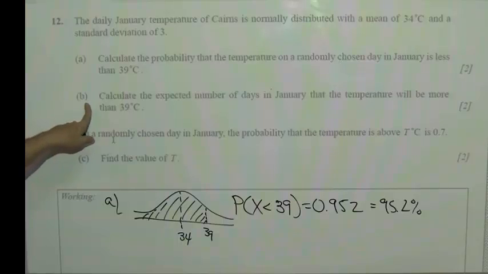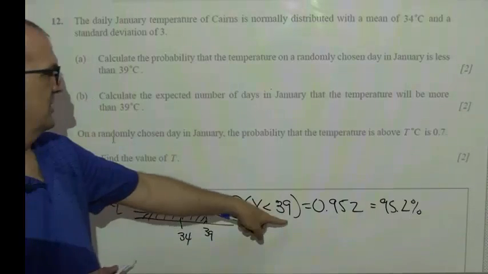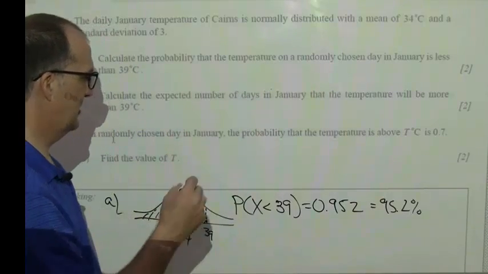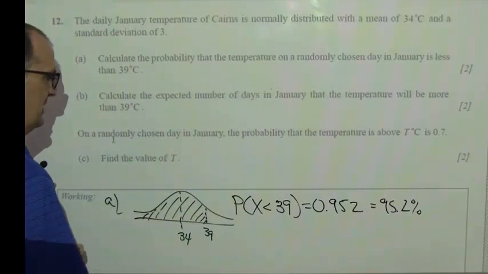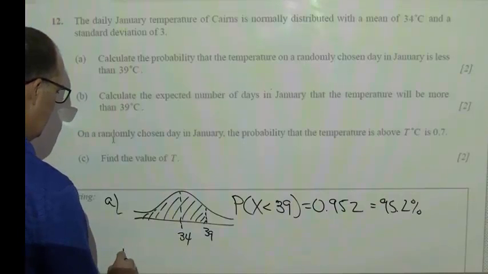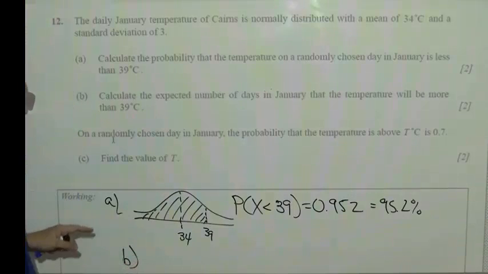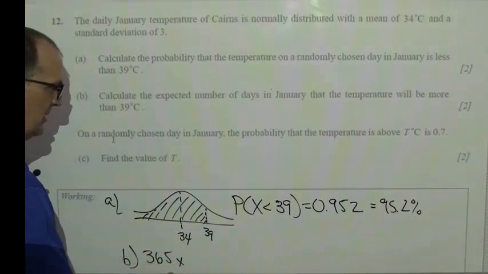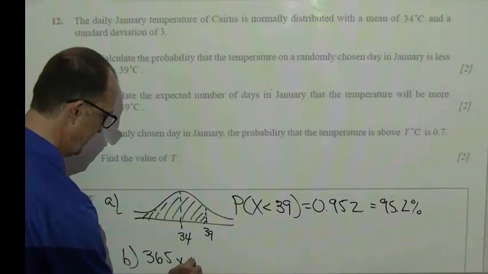And then part B, calculate the expected number of days that the temperature will be more than 39 degrees. Well, if 0.95 is the days that are less than that, then subtract that from 100, and that would be the percent of days more than that. And so there are 365 days in the year, and times that by